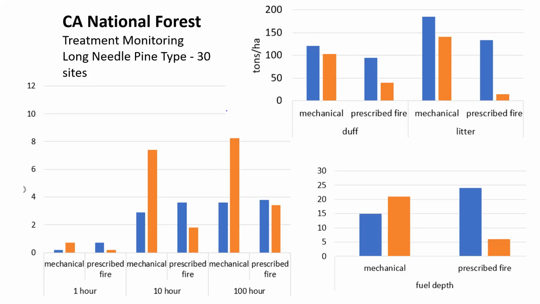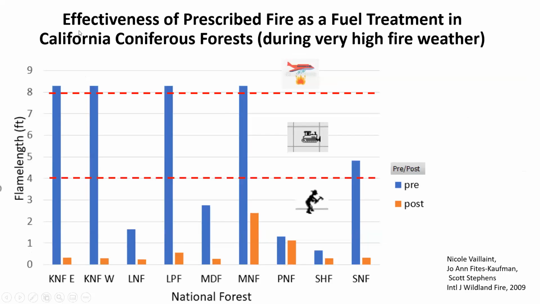So the bottom line is, yes, these treatments make a difference when we systematically measure them using scientific methods. Now, using that same set of sites, one of my employees, Nicole, did her PhD using some of our data at UC Berkeley, if you recognize Scott Stevens' name there. And so what she did is she modeled what flame length you would get from different sites of these long needle pine sites. She didn't look at them all, but a lot of them,